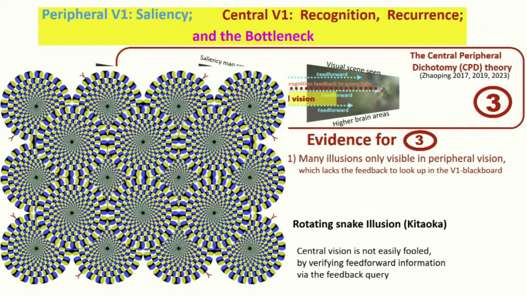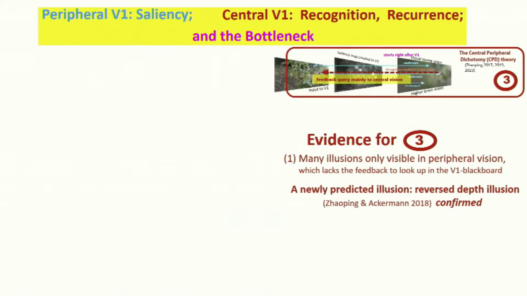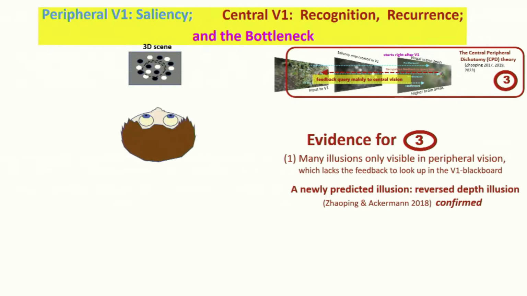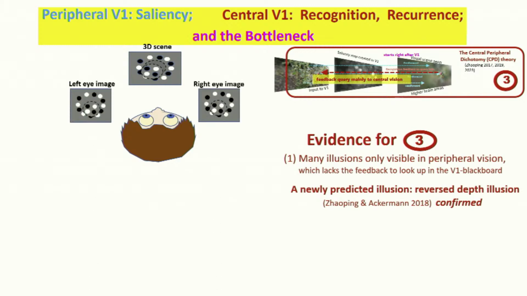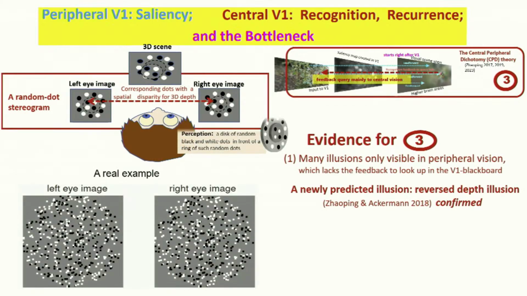Central vision is not fooled because it has the feedback query to verify feed-forward signals. We predict a new illusion, the reversed depth illusion. This is illustrated by a 3D depth difference between a disk in front of a ring. Both depth surfaces are covered by random black and white dots. This scene is depicted by a random dot stereogram, giving a veridical perception of the disk in front of the